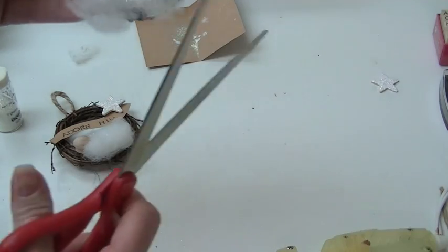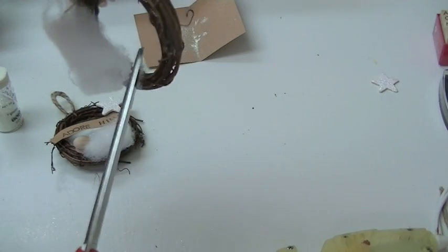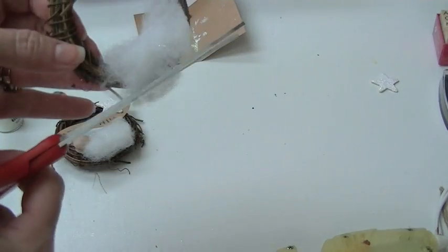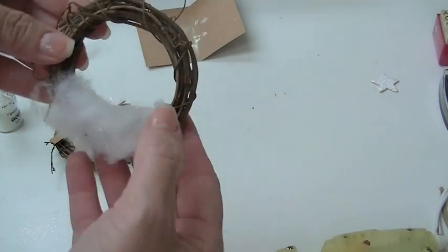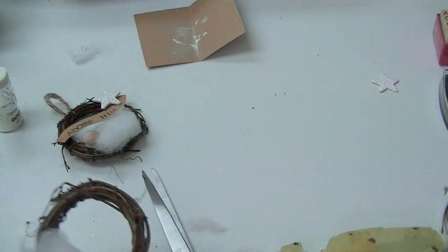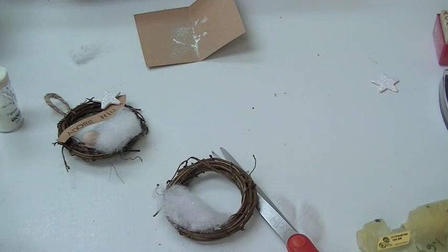So now it looks kind of puffy to me. Now this is of course personal preference. You can just trim it up like so. You can play with it. It's all good. Then you're going to want to take your furniture button